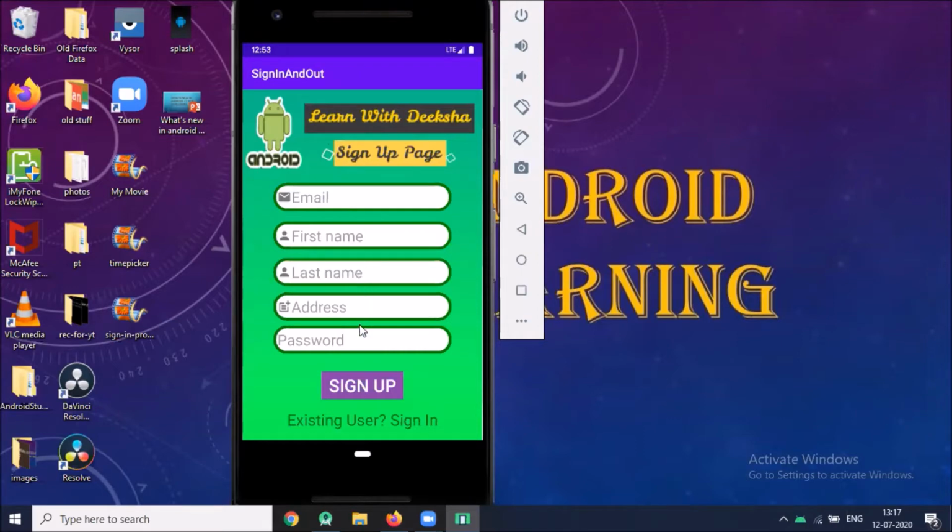last name, address, and password. These edit tags are custom edit tags. On the left side, I have provided vector assets and then hint. Similarly, we design other edit tags and then we add one button for sign up and then add text view